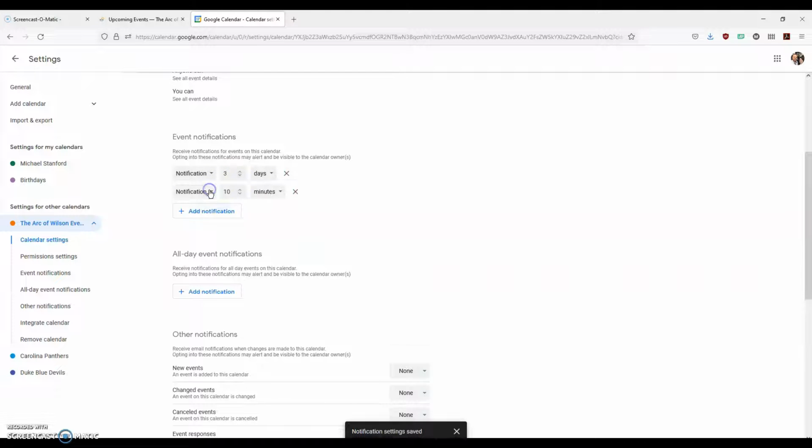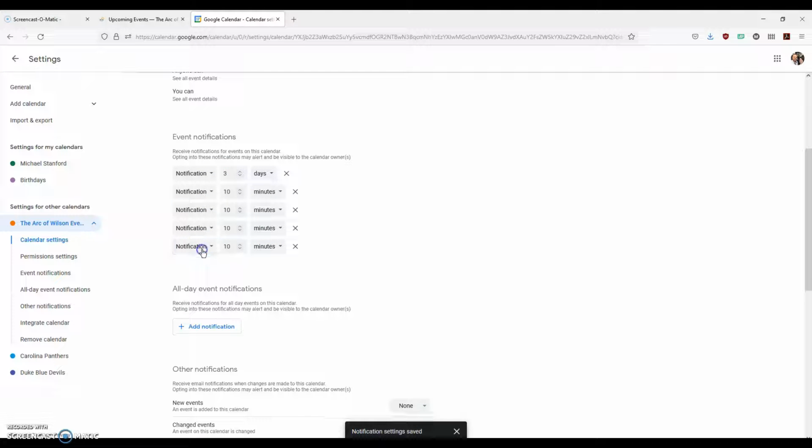You can add up to 5 additional notifications. You can have those as well sent by email. So maybe if you work during the week and you want something sent 5 hours ahead of time by email, because you'll see it come up on your calendars while you're at work for our evening events, you'll get an email sent 5 hours before, and that will just kind of remind you during the day, oh, there's an ARC